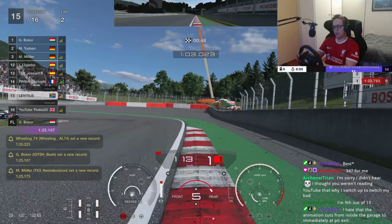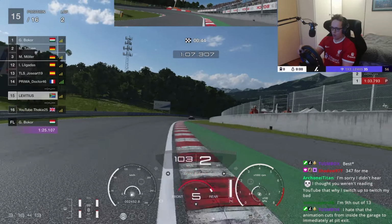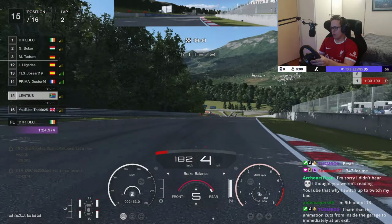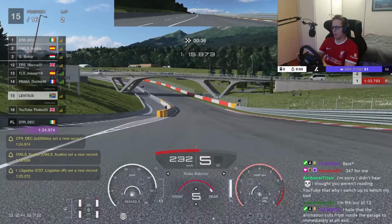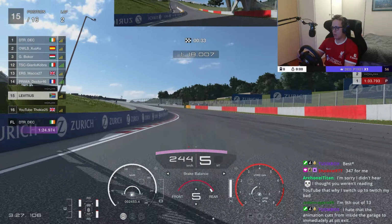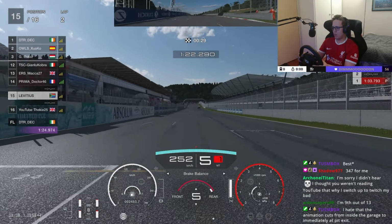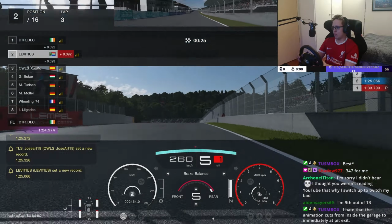And as we go into turn 14, the most tricky corner of the track for the BMW, as it just struggles to turn, we get a very good run through there. We get a great exit. As we travel now down towards the start-finish line, we're aiming for at least getting a top 5, top 6 positioning because the BMW is really strong in the race. It just struggles a little bit in the qualifying against some of the MR cars. As we cross the line, we get a 25.0, which is a solid qualifying,